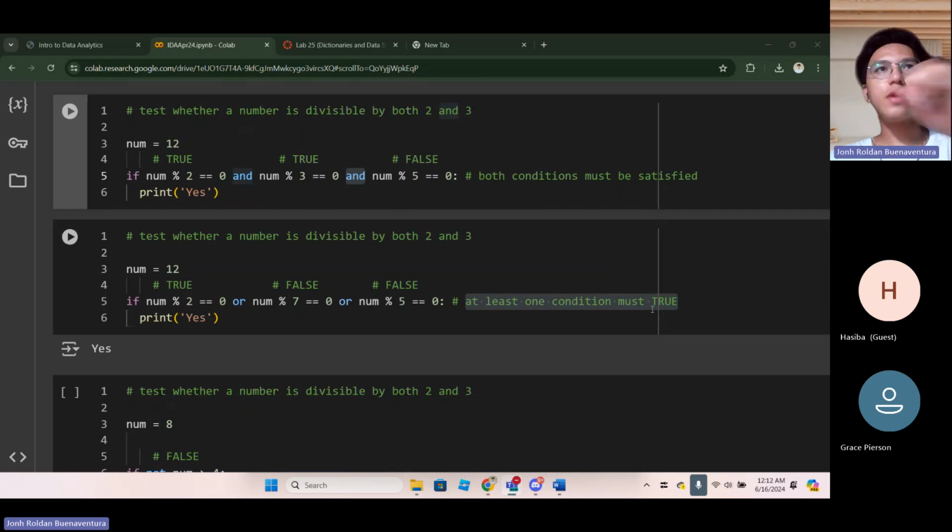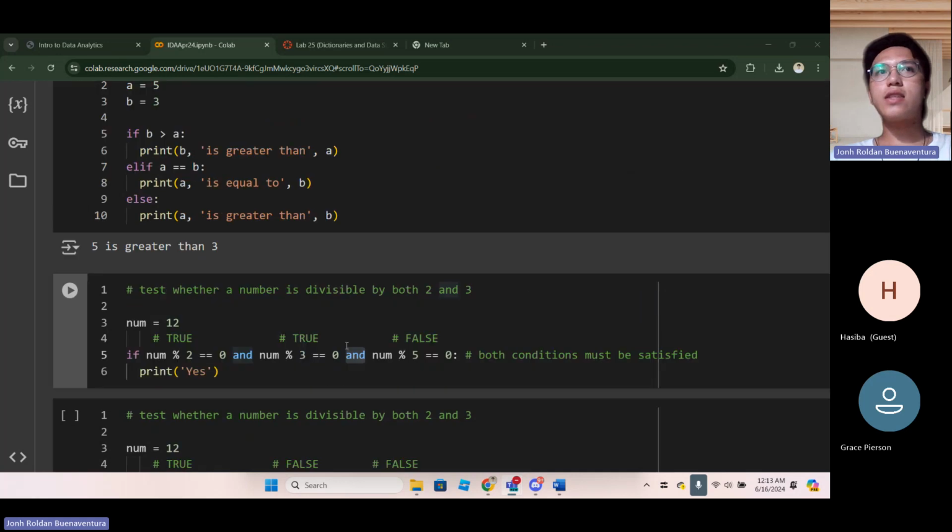It's okay. So we just started on reviewing the topics that we have covered the last time. The last time we covered some of the practices in the dictionaries. We have reviewed the keys and the values, how we update, how we add new key-value pairs, how we can access them, how we can delete them. And before the meeting ended the last time, we reviewed the fundamentals of the conditional statements.